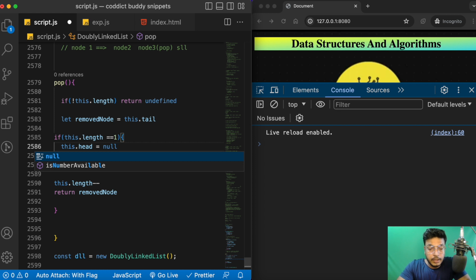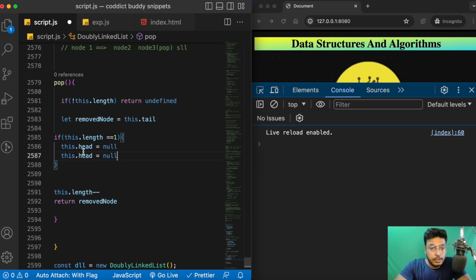Okay, this.head equals null, and then this.tail equals null. So this is the scenario where you have just one node and you are using the pop method. In that case, we simply have to empty this doubly linked list. Otherwise,